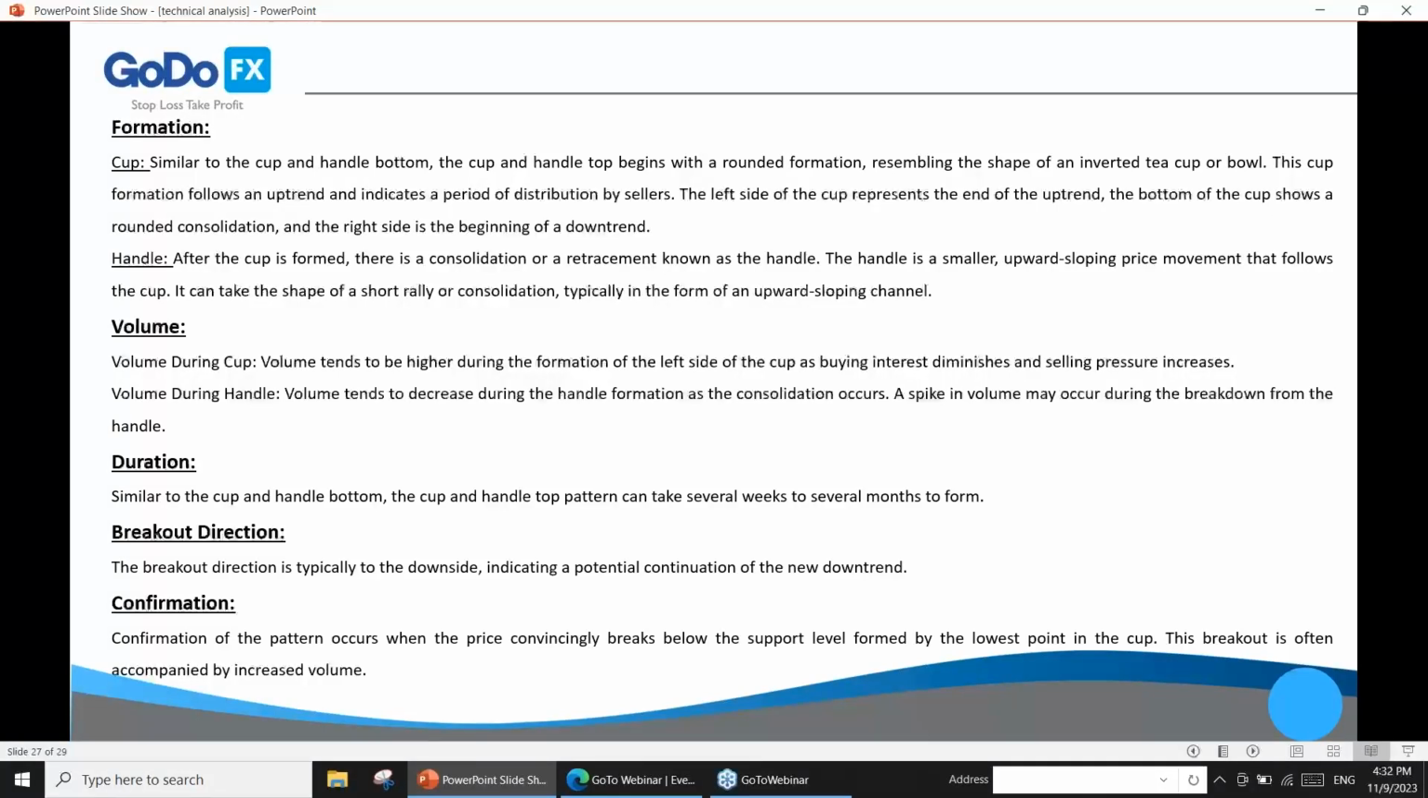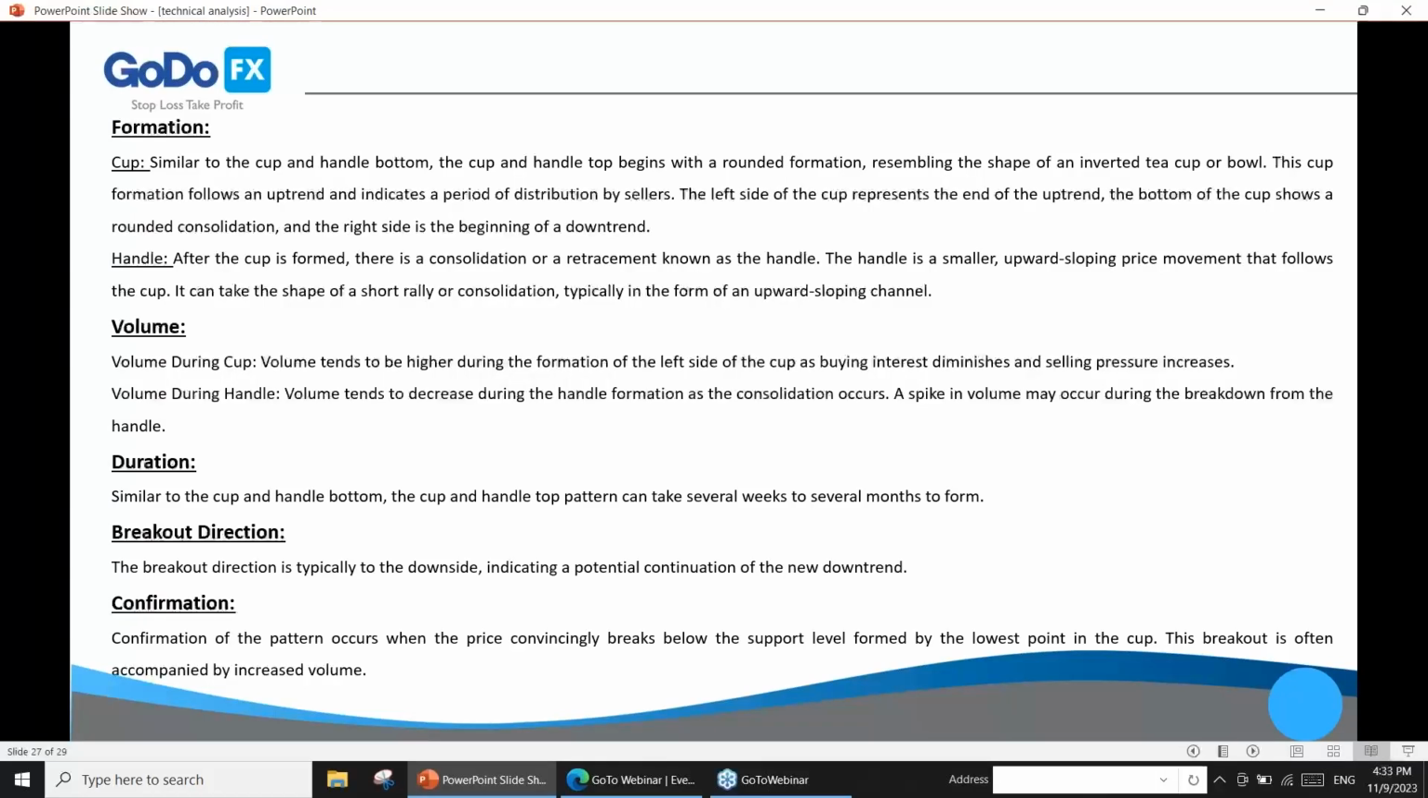So the left side of the cup represents the end of the uptrend, and the bottom of the cup shows a rounded consolidation, and the right side is the beginning of a downtrend. So after the cup is formed, there is a consolidation or a retracement known as the handle. So the handle is a smaller upward sloping price movement that follows the cup. It can take the shape of a short rally or consolidation,